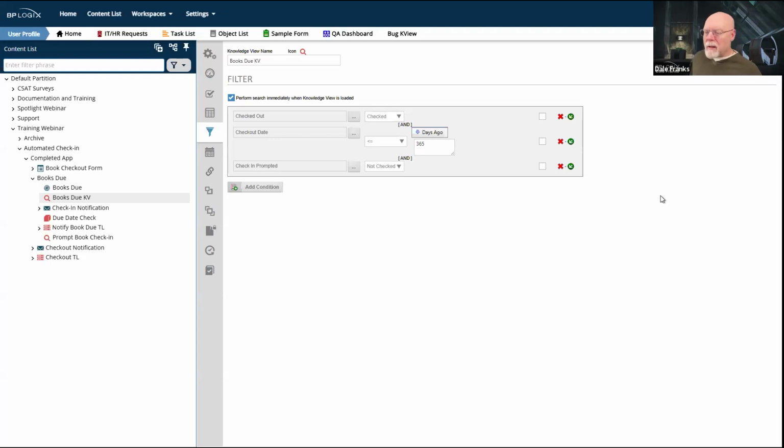You would think that, okay, this is the way I want to have it set up, so that my filters on this knowledge view, which the books due goal is going to use to determine whether I have books outstanding or not, need to be the same as the Notify Book Due timeline.